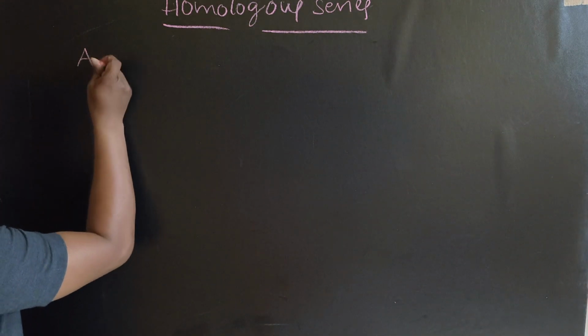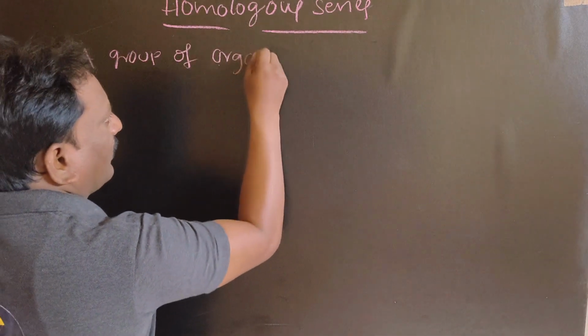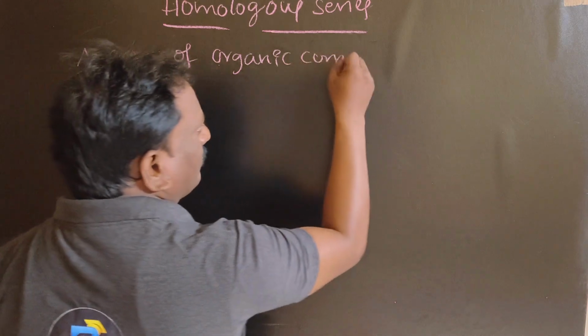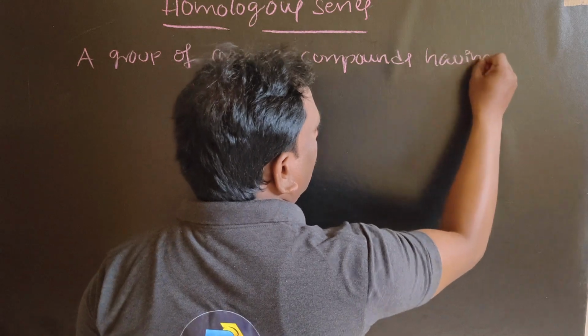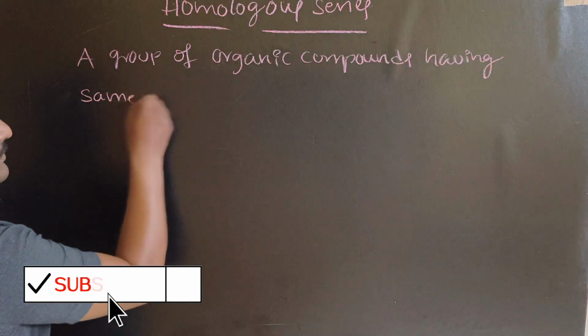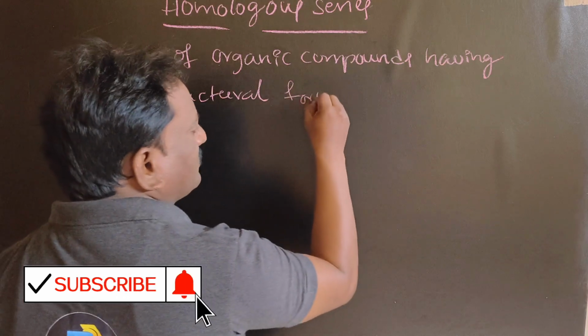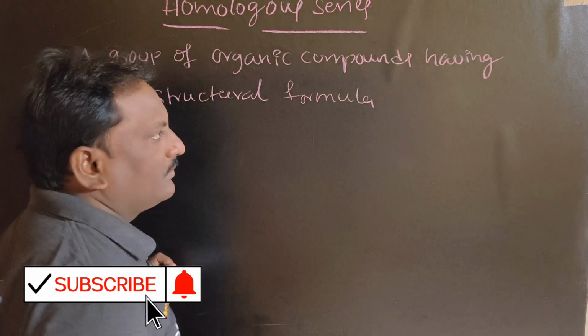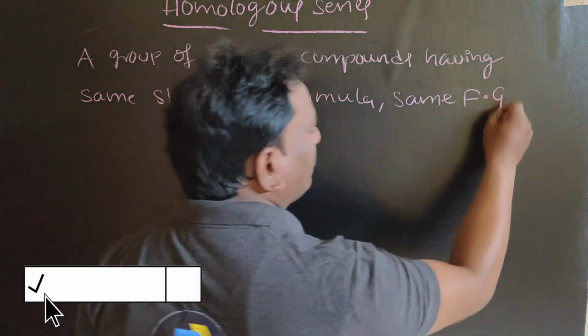So, what is meant by homologous series? Make a note. Homologous series means a group of organic compounds having same structural formula, same functional group,